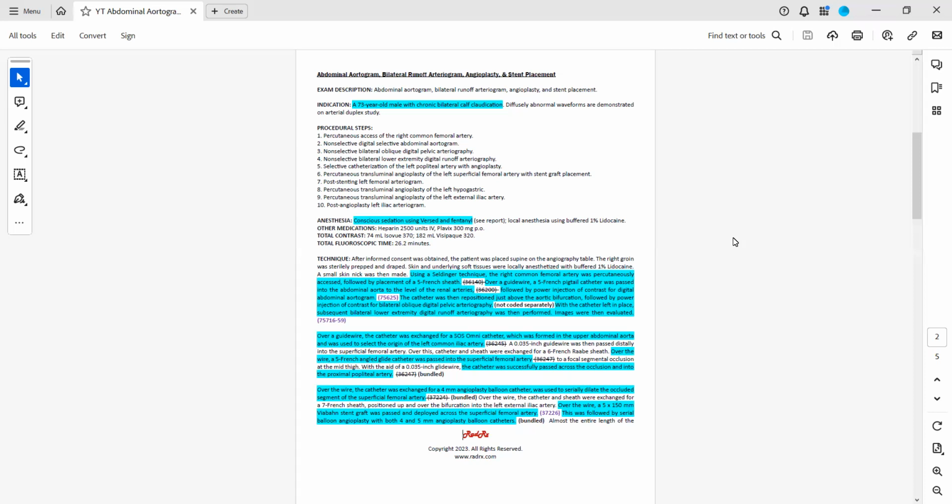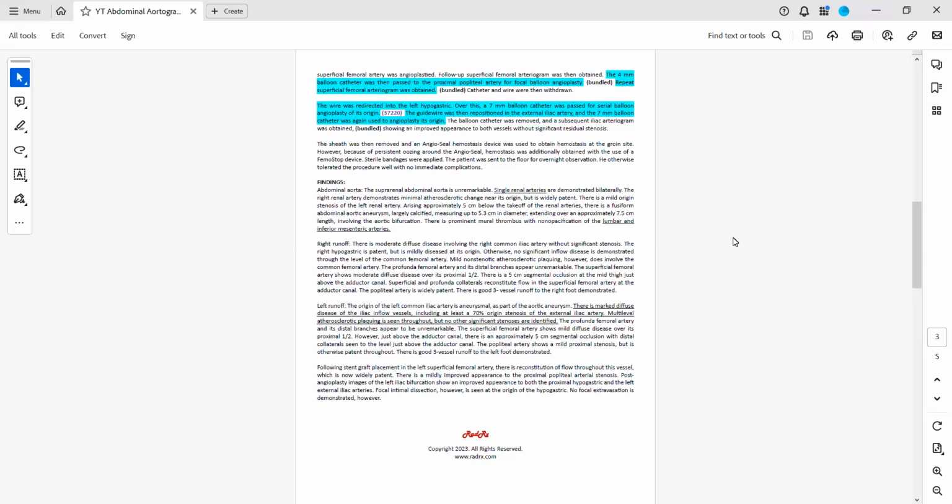but the procedure continued where the physician actually then went and placed that stent graft across the superficial femoral artery. So when you have angioplasty and a stent placed in that femoral popliteal territory, that's going to be code 37226 for treating occlusive disease. And then after the stent was placed, the physician did additional angioplasty, which of course is going to be bundled. So then from there, after there were multiple angioplasties done in that femoral popliteal territory, then the physician moves on